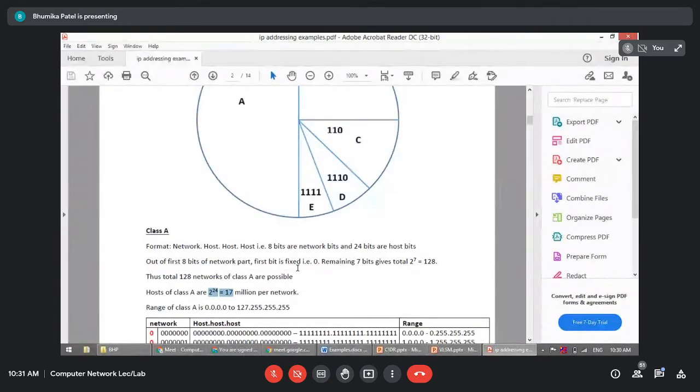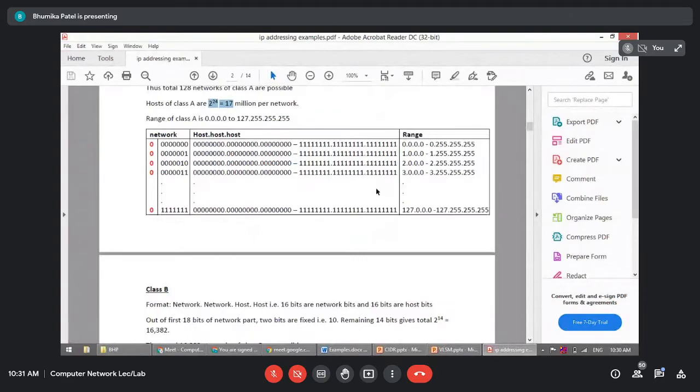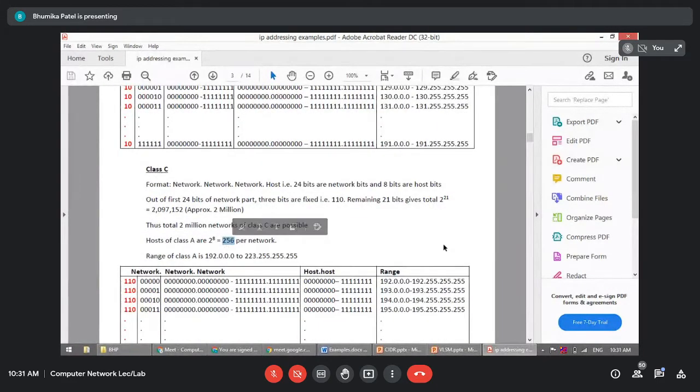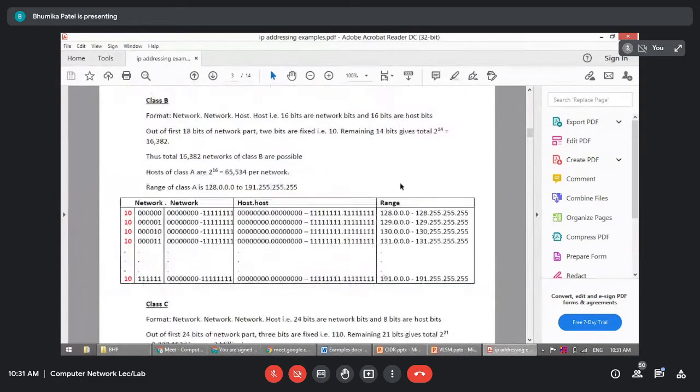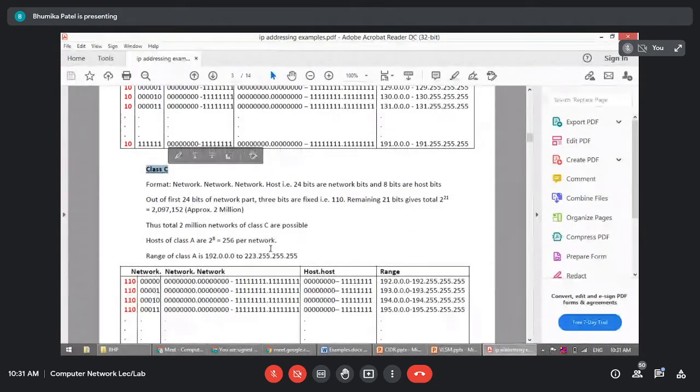Now, for example, I want to set up an organization, and inside it I need some devices. My requirement is, for example, 100 PCs. So what do I have to do? I have to purchase one network. Obviously my requirement is very low, right? So I'm going for class C. In class C, the number of IP addresses is 256. If I go to purchase class B, what is the minimum I would have to take? 16,382 IP addresses, which I don't need at all. I want only 100 IP addresses, so I will obviously go for the class C network.